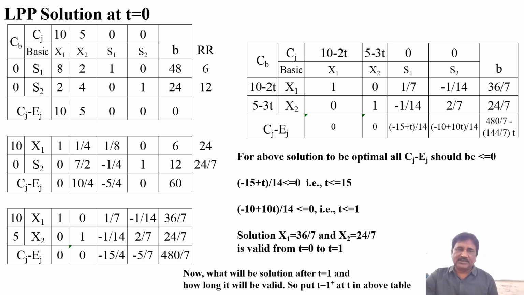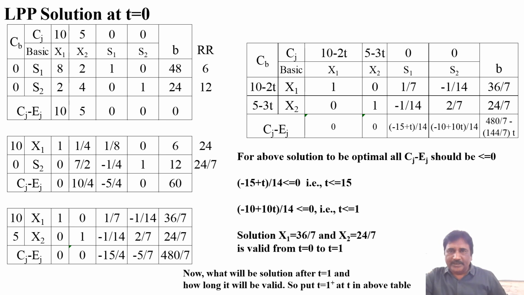X1 equal to 36 by 7 and X2 equal to 24 by 7. That appears here also. How long is this going to be optimal? That's the question. So very simple. As long as all these values are less than or equal to 0, this will be the optimal solution. Simple, right? Cj minus Zj for x1 is 0, for x2 is 0, for s1 it has to be less than or equal to 0, for s2 also it has to be less than or equal